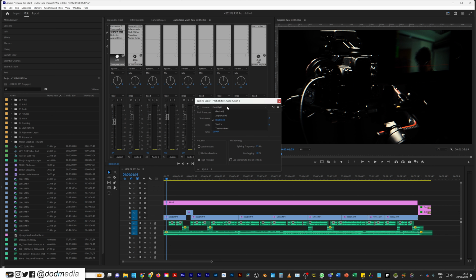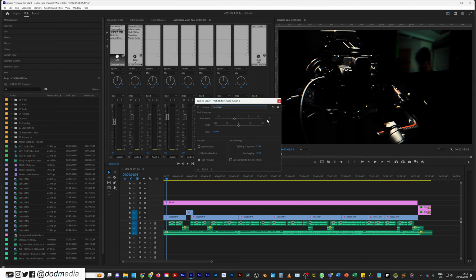Pitch shifter. Now, I tried out a few different settings, manual settings. I tried out a few different presets. What I found worked really nicely for the kind of sound that I was going for, that Stranger Things sound, was this Deathly Ill preset, and then I dropped it down by 1 semitone. That's all I did. The default is at -1. I brought it down to -2. I didn't want to go too low because then it just starts sounding a bit ridiculous. So I just wanted to make it still sound like it could be a person, albeit like some weird monstery